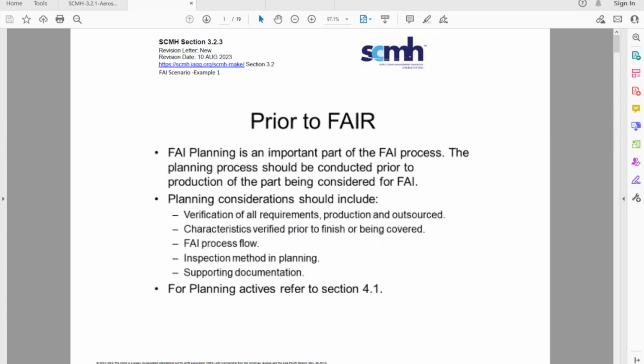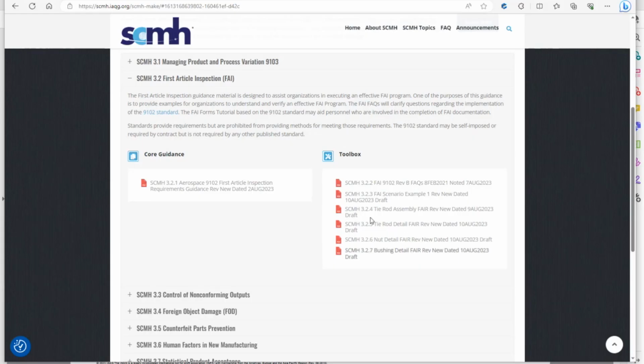So that is the engineering requirements package that we put out for our examples. Then as you look, we have the first articles for the tie rod end assembly, the tie rod end detail, the nut detail, FAIR, and the bushing detail. So if we open up